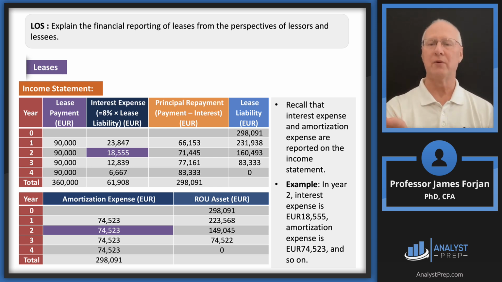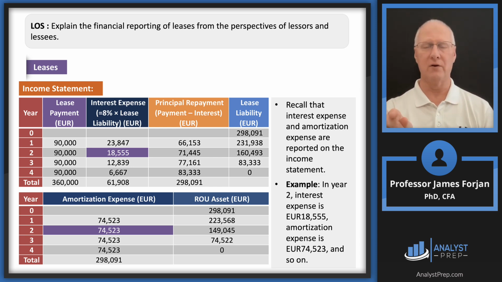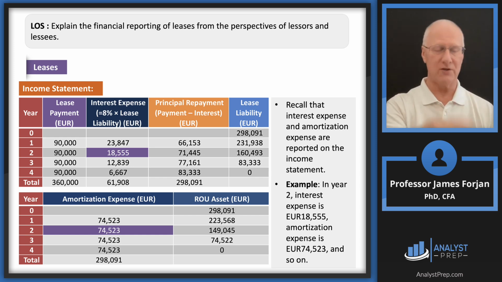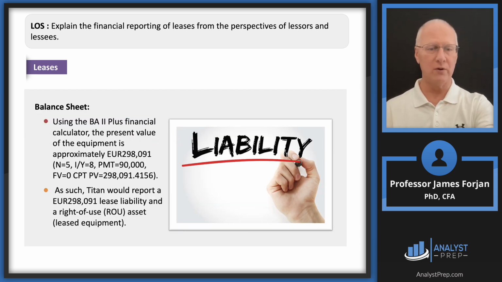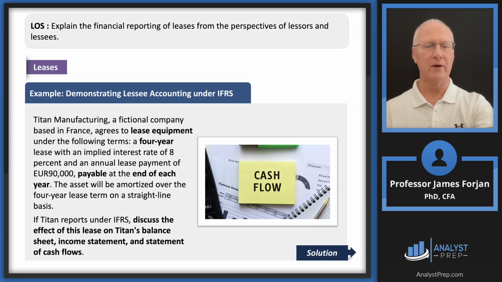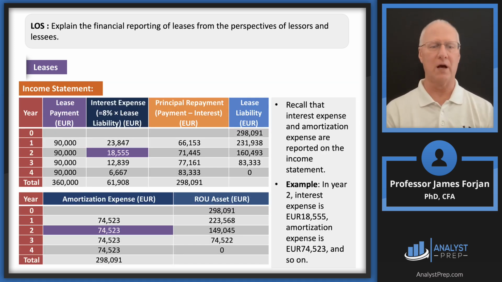So this is what happens on the right-hand side of the balance sheet. There's that lease liability, and then the interest expense that shows up on the income statement. But then what happens over on the left-hand side? Remember back here, let me just remind you, what does it say somewhere here? Where is it? Oh no, it was back here. Yeah, straight line, we're going to amortize straight line.